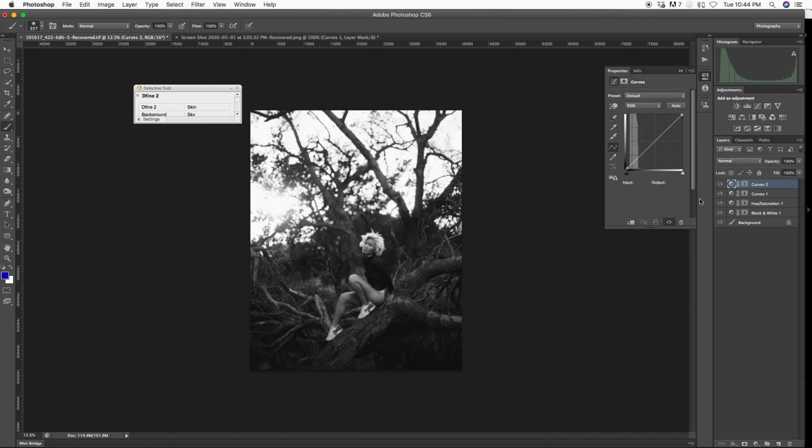So now basically what's going to happen is when I go here to lower this, it's only going to affect those areas, right? You see that? Whatever was highlighted white, it's only going to affect those areas. And we don't want to go too much. So what I'm going to do here,